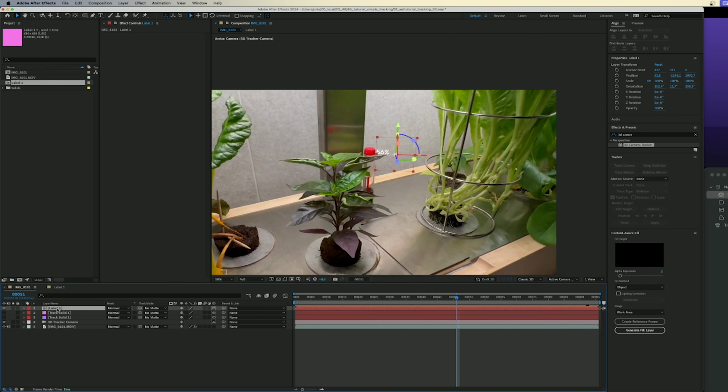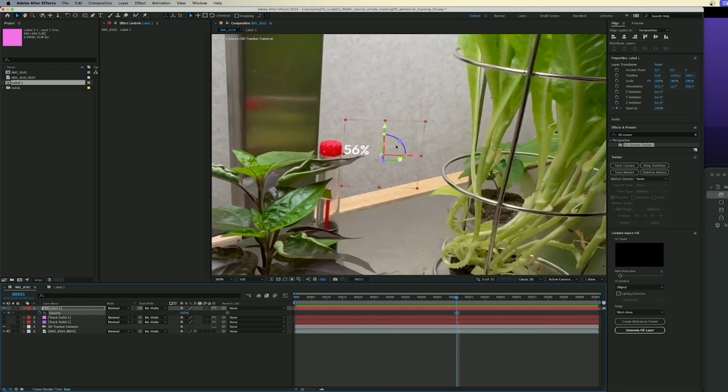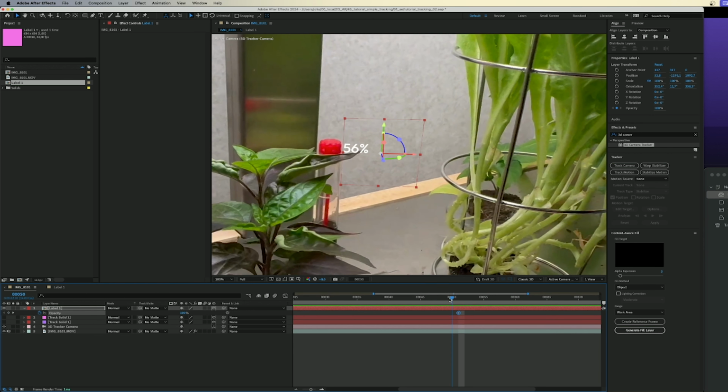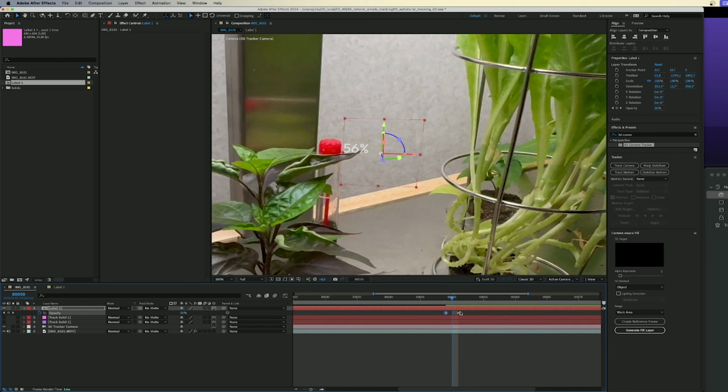In the next step, I want to animate the transparency. So I click the shortcut T, and then I click the little watch so I can set a keyframe. Then I reduce the opacity so it is transparent. And in the next steps,